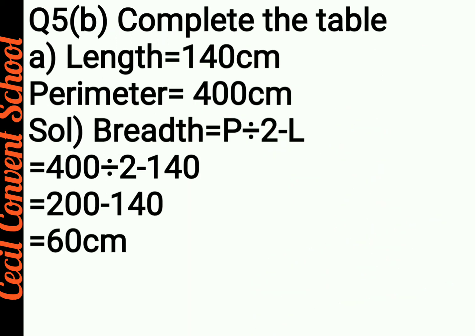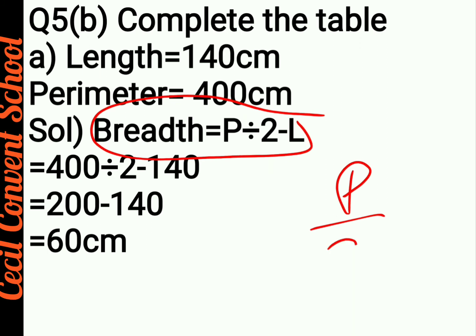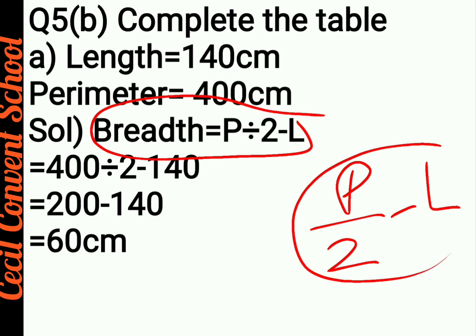Now we do question number 5B part, means in that also there is a table given, but in that you have to use the perimeter of rectangle formula. In the first box you used the perimeter of square formula, here you use the perimeter of rectangle formula. As you know, length is given, but now in A part perimeter is given. So for the breadth, formula will be breadth is equal to P divided by 2 minus L. Clear? In case of finding length or breadth, you have to divide the perimeter. So here you use P divided by 2 minus L.